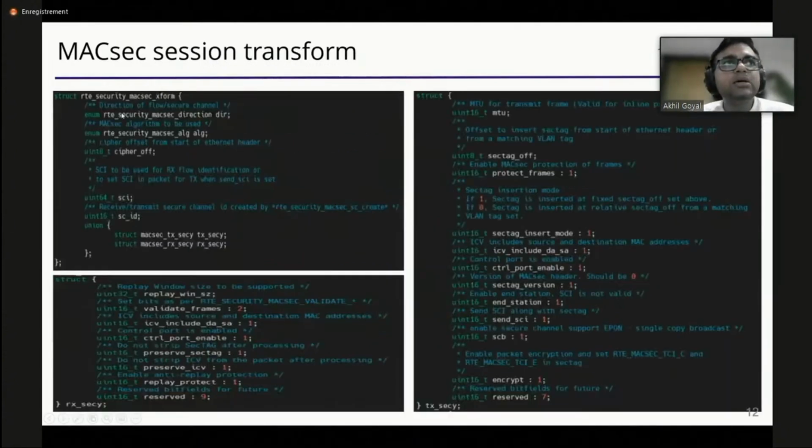So this is the MACsec XForm. Again, the direction and the algorithm. This algorithm can be AES-GCM with 128-bit or 256-bit, or it can be with XPN 128 or XPN 256. XPN means extended packet numbers. This cipher offset is the start of the encryption, from where the encryption needs to be started